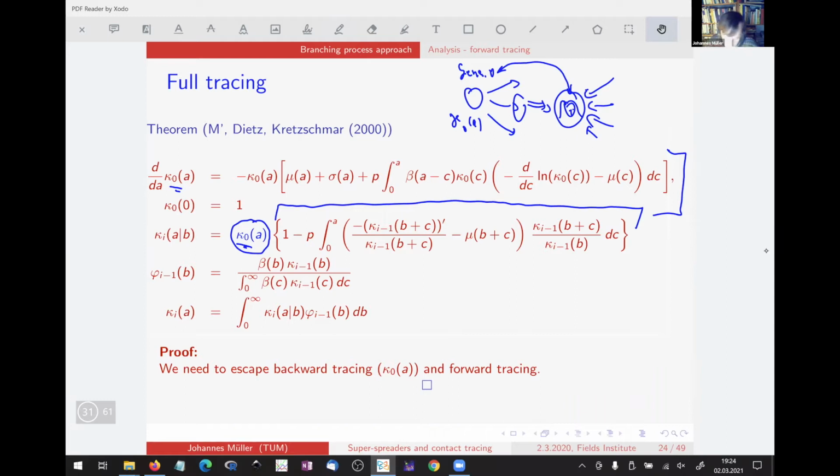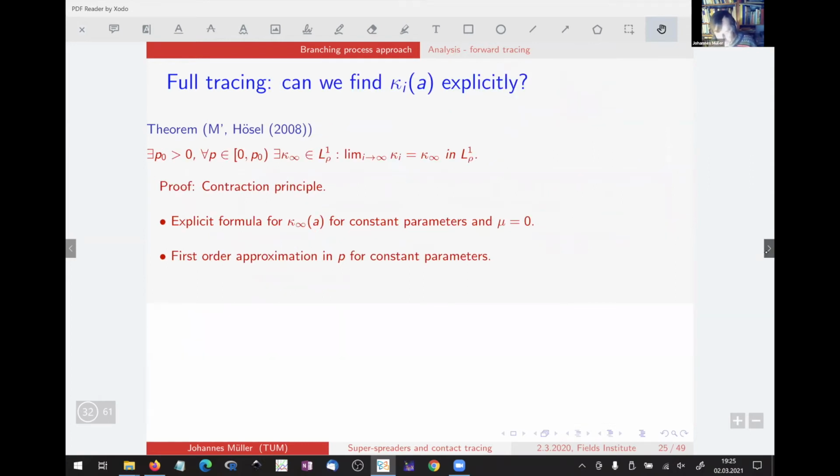The only point we have to do is we have to replace the survival probability without tracing by the survival probability with backward tracing only. And the remaining part is the same. And so that's the central point of the complete game. So here we have a machinery working which can be adapted and can be used to look at different scenarios, different questions, and different models.